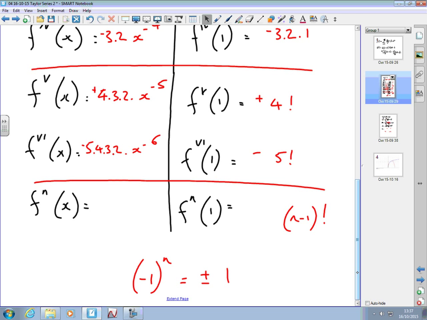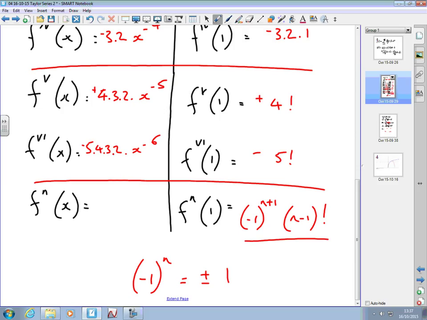So if I look at this one here, the 6th derivative, so if I were to let n equals 6 in here, minus 1 to the power 6 is positive, but I want a negative. So instead of thinking of it as being the 6, I just think of adding 1 and making it 7. That will make it odd. So if I put in front minus 1 to the power n plus 1, whatever n is, add 1, that'll make it odd if it's even, or even if it was odd, and I will then have the correct sign. So that's what I want for my general